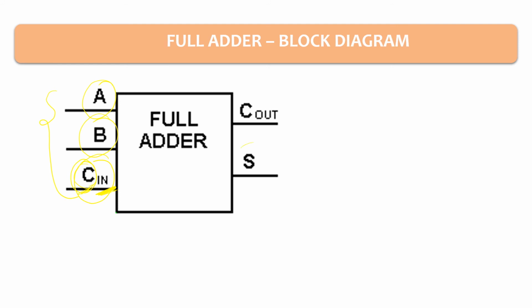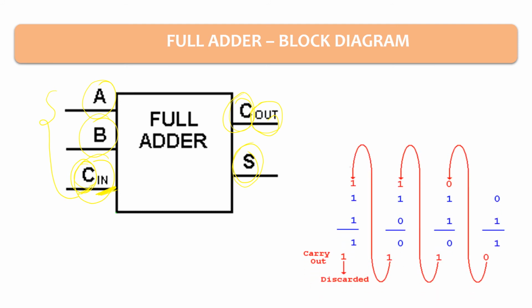I have 2 outputs. One is this sum and the second is the carry, but this carry we call a C out because this carry is my output. But how to calculate this? This is the most important thing. How to work with this? So see this. It's interesting actually.